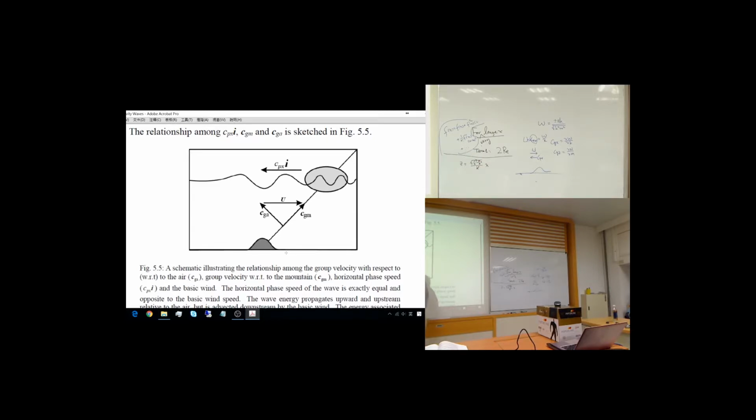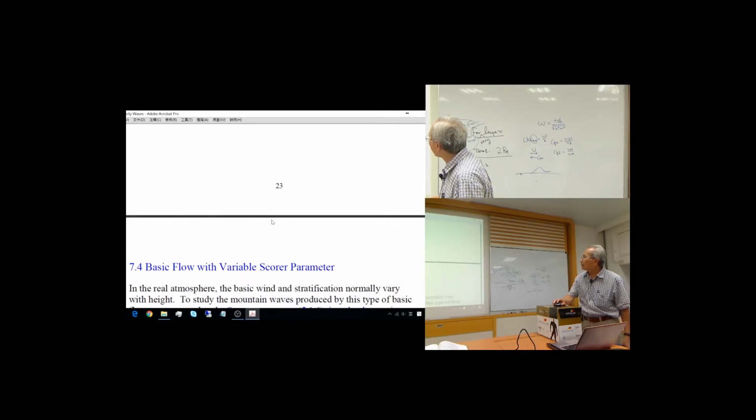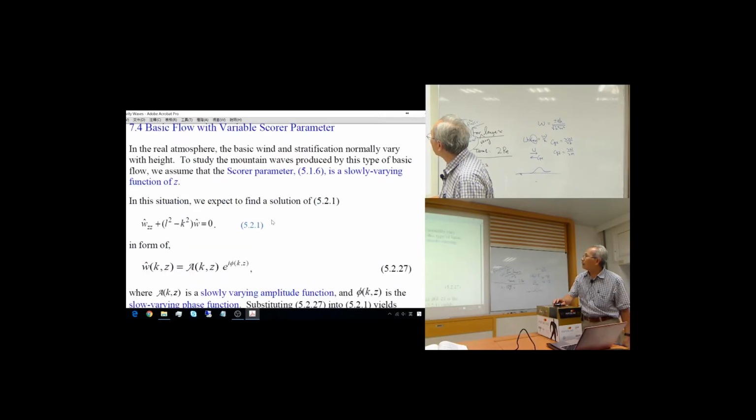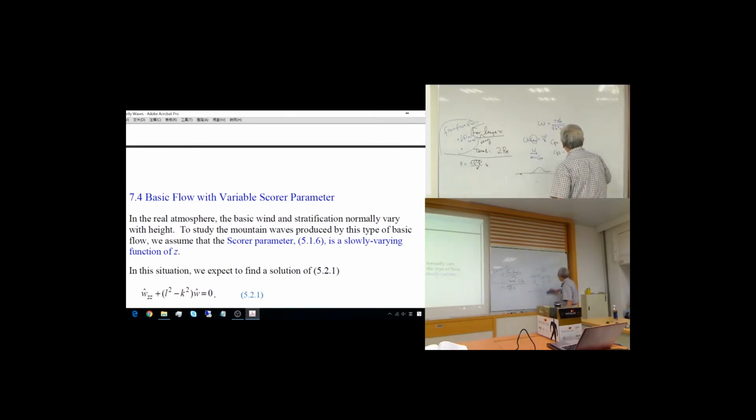That equals the vertical component of CG. So here CGM is your vertical component, CGG divided by CGX, and that just equals this, G over X. So you can also explain this by the group velocity argument. So we are done with 7.3. Now the next thing is we always assume, up to this point, that L is